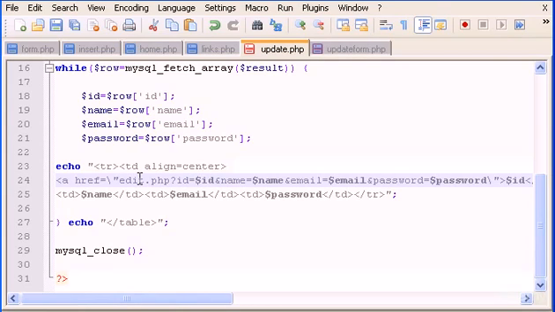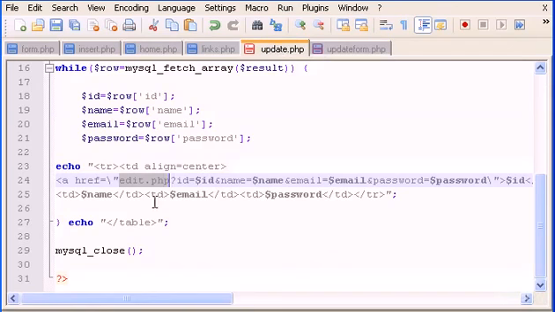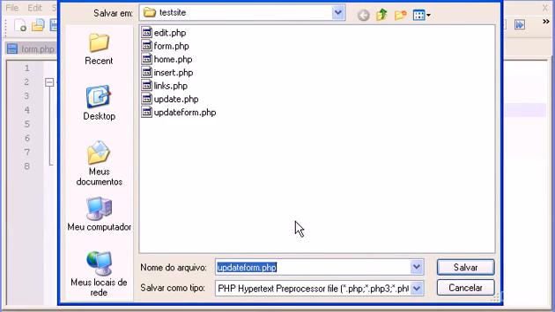Let me see here, I have my notes. Yes, that's it. You have to type double quotes here, and this is the file where we will process the new script that we are making. So instead of update form.php, we have to call this file edit.php. I forgot also to mention that to you guys. So let's go here and let's save this as